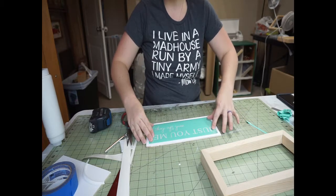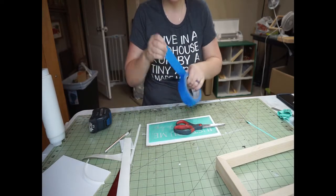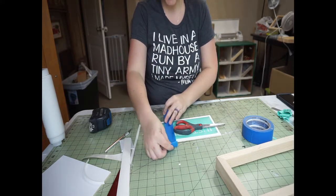So my stencil is exactly where it needs to be right now. So I'm going to set something on top so it doesn't move. I'm going to grab my painter's tape. I'm going to get a little bit off of here, and I'm just going to tape right over, and I